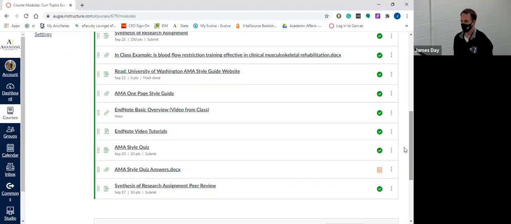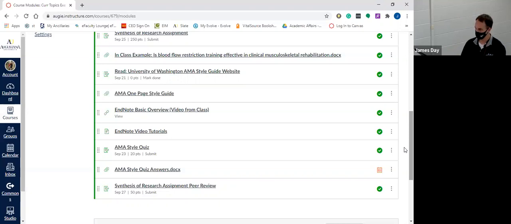What that will do is allow you to insert the citation through Endnote into your writing, and then you can change from APA to AMA to Chicago just by changing that, and it will automatically change your entire paper. The reason that I bring Endnote up for this class is because AMA uses numerical